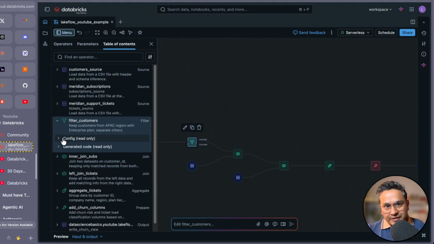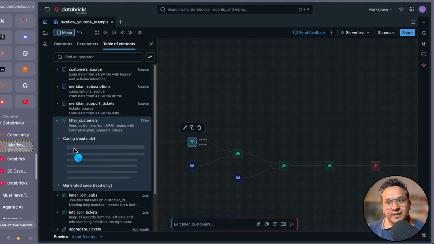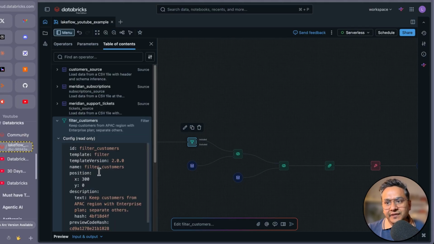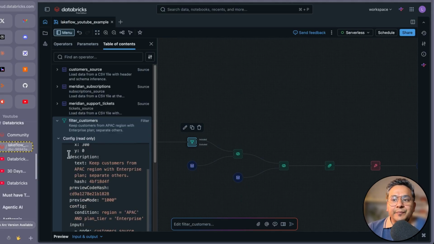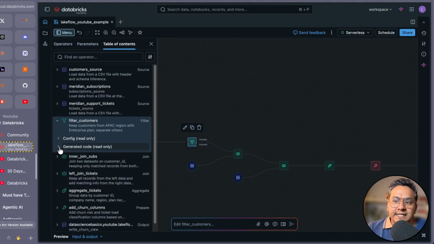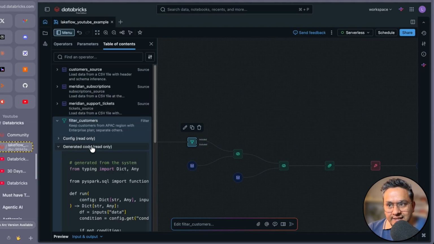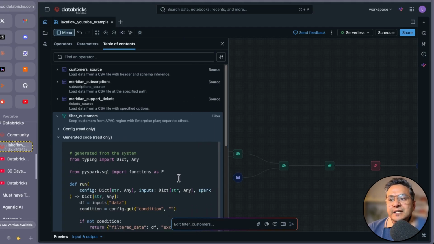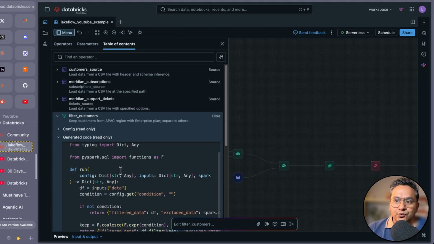And here there are two things. One is the config, read only. If you click this, you will see the config here, ID, filter, template, and all sorts of things being used here. And the next one is the generated code. If you click this one, let me make this bigger, you will see the code being generated to do this